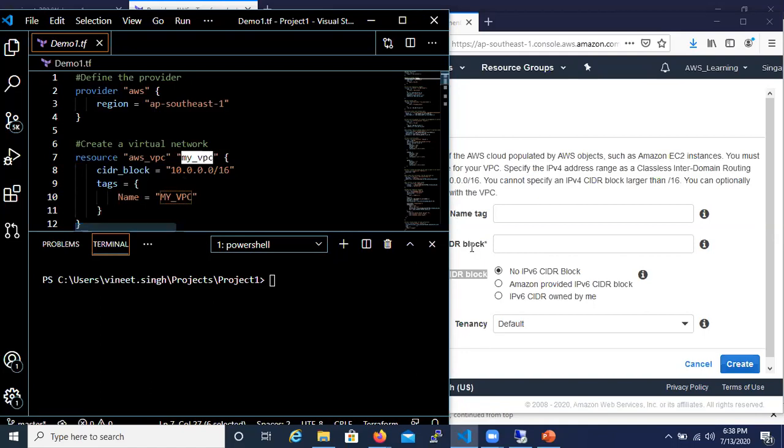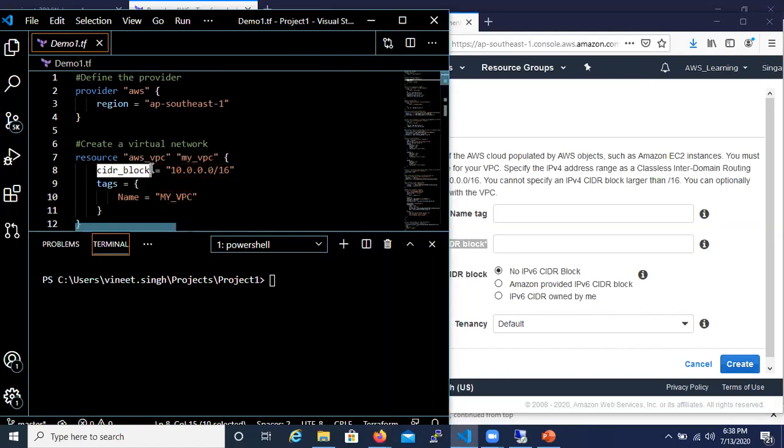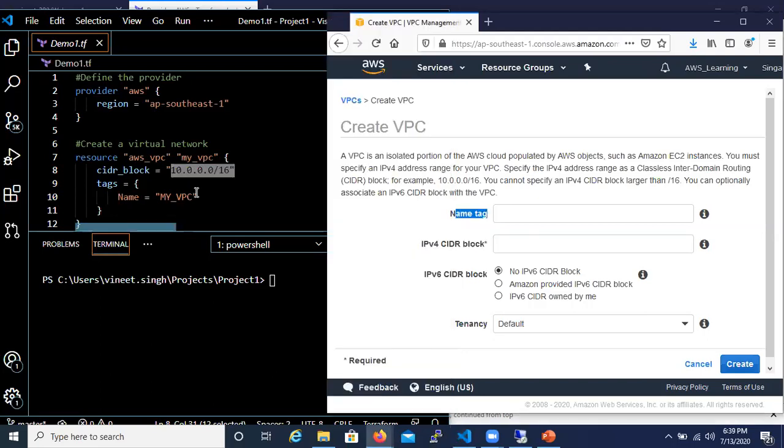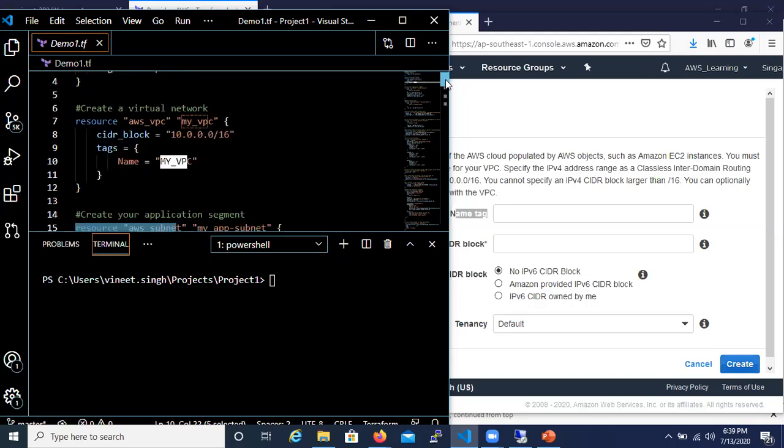The CIDR block I am defining as cidr_block, and the value I'm going to define is equal to double quotes and then whatever value. And the name tag I'm defining like this: Name is equal to the name which I am giving, my VPC. So now my VPC is also created.